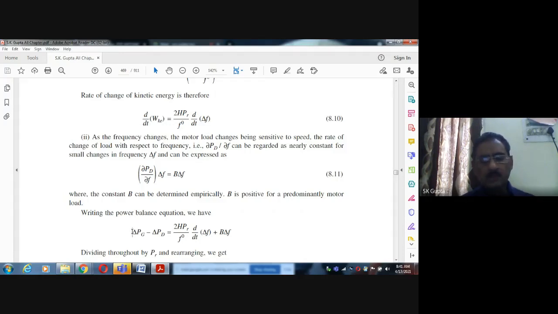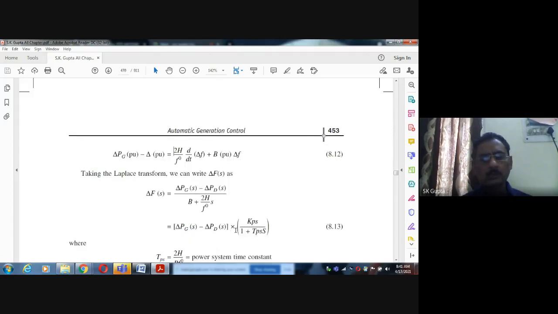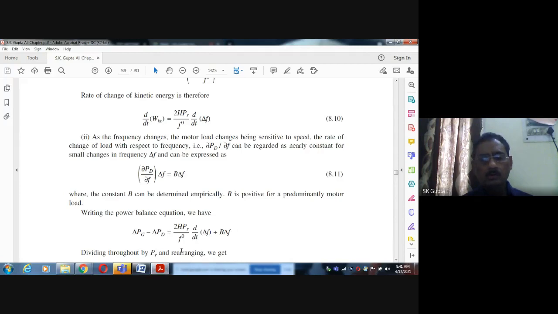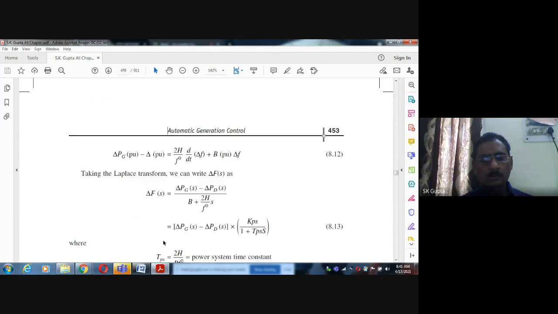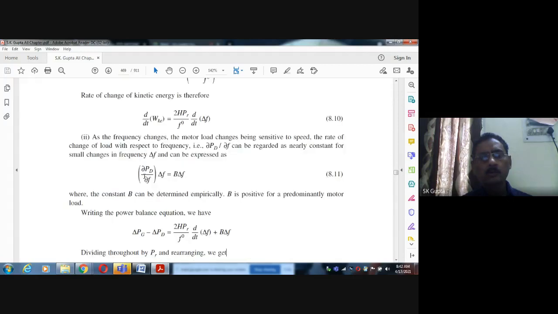which describes the working of the synchronous generator। ये हमारा आ गया। Now this equation, again converting it into the per unit system, divide it by rating। यहाँ देखिए, here it is PR, if you divide it by rating means PG minus PD divided by PR। आपको 100 मेगावाट का अगर सिस्टम है तो डिवाइड बाई PR, PR is the rating, value of PR is 100 megawatt।